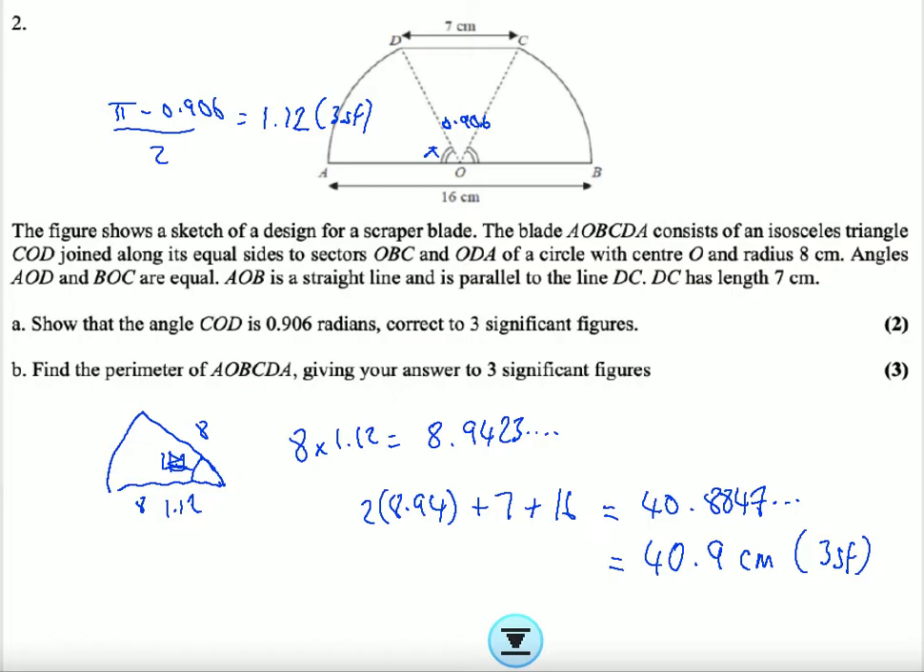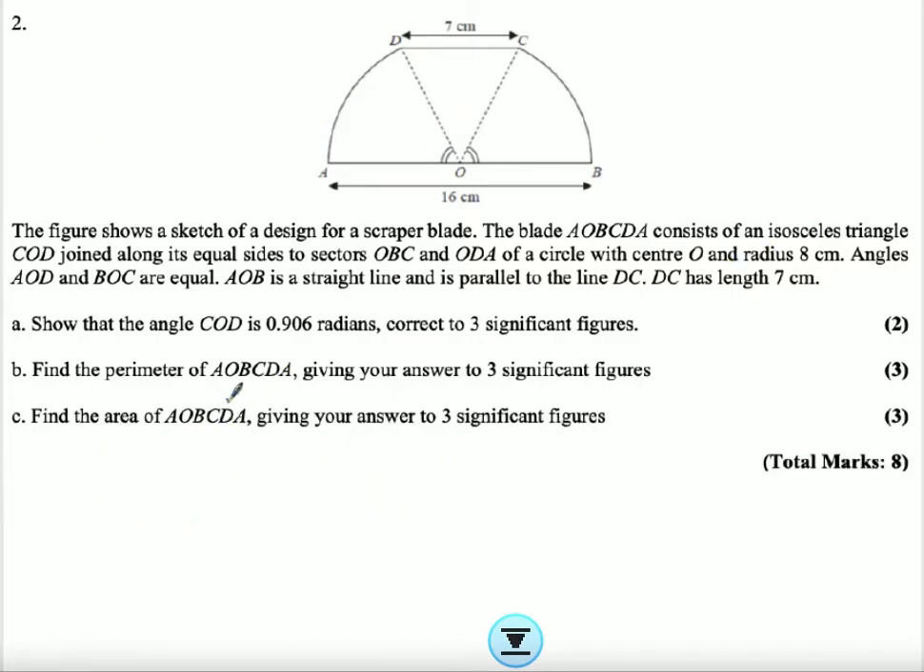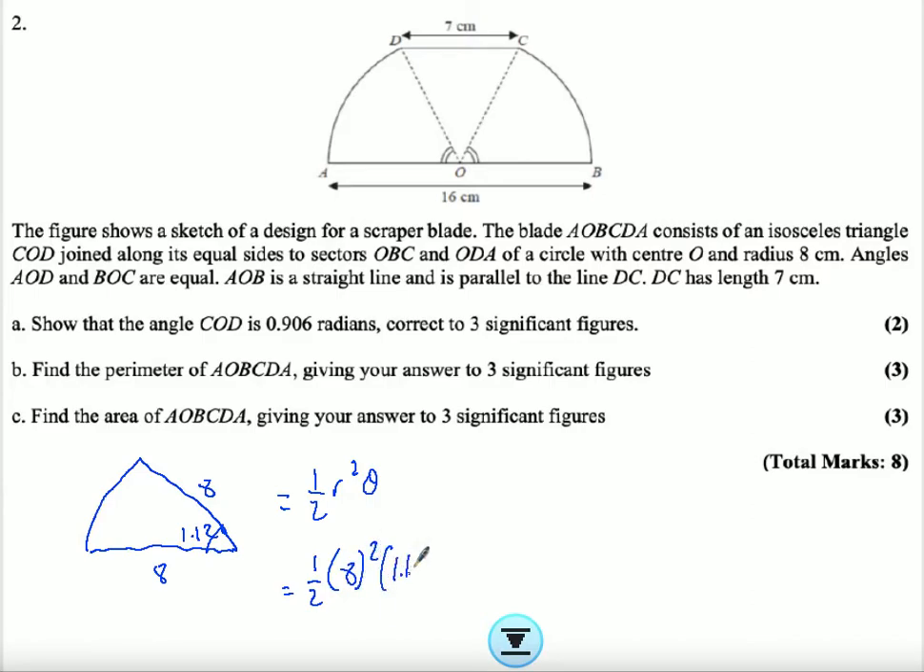Okay, lovely. And then find the area of the whole thing. Okay, so what have we got here? We've got our two sectors and we've got our triangle. So sector, let's deal with the sector first. Again, apologies for the pretty shoddy drawing there. But we've got half r squared theta. So half 8 squared, 1.12. Which when we type that into our calculator, we get